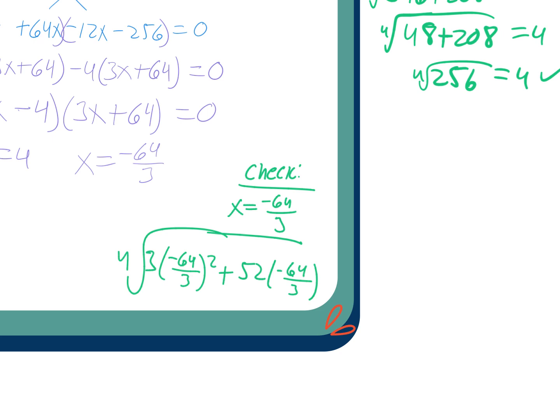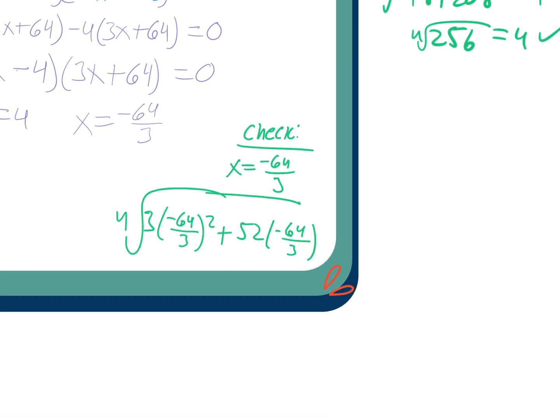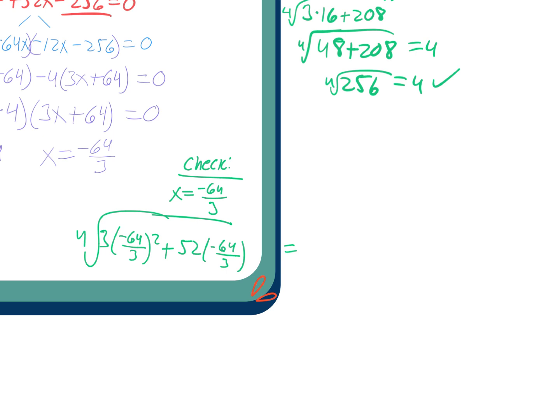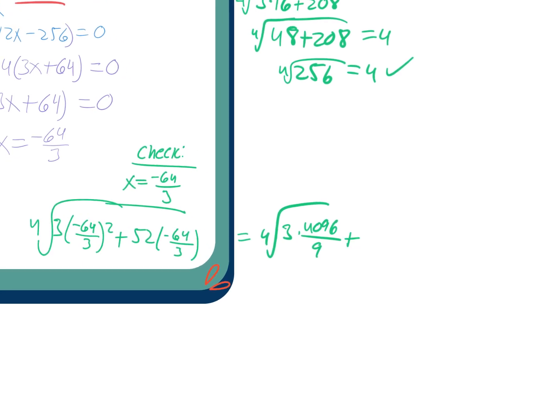So let's check. 64 times 64 is going to get you a big number. I believe it's about, what, 4,000? Yeah, I think it's 4,096. All right, so we get here that this is equal to 3 times 4,096 over 9, right? We're squaring the top and squaring the bottom. All right, and this is plus